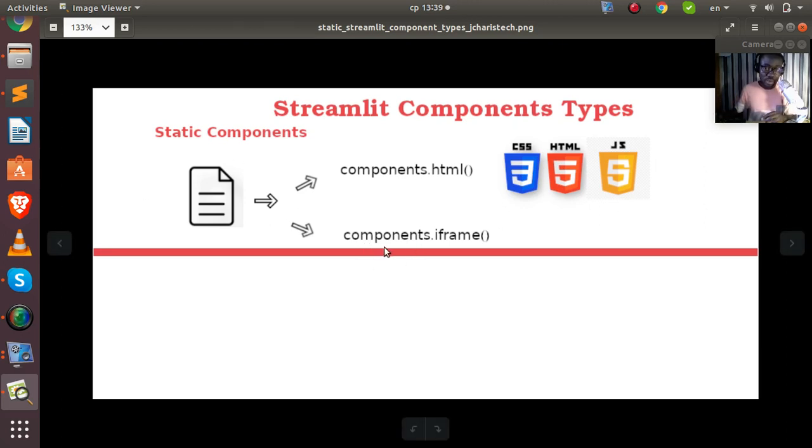Then you also have component.iframe that allows you to embed, or takes an input of, a URL. So maybe you can embed a particular page from somewhere into your app, which is very cool and very nice. That is the first type of Streamlit component, right? Very interesting. So st.markdown is a format of static component, but that is inbuilt, that is native. But to get the